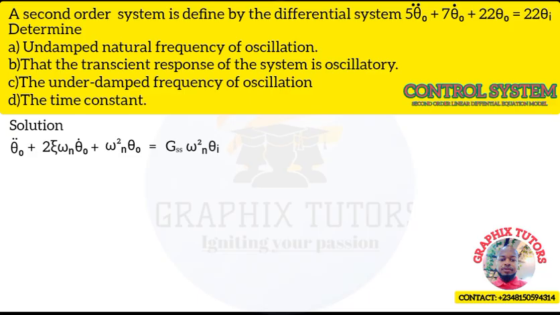So what I'm making you understand is that theta with sub o means output signal, and theta sub i means the input signal, g sub ss means the steady state gain, omega sub n means the natural frequency, and zeta here means what? The damping ratio. Is that okay now? Now, one thing you need to still understand, I'll term this my equation 1. So what you need to understand,